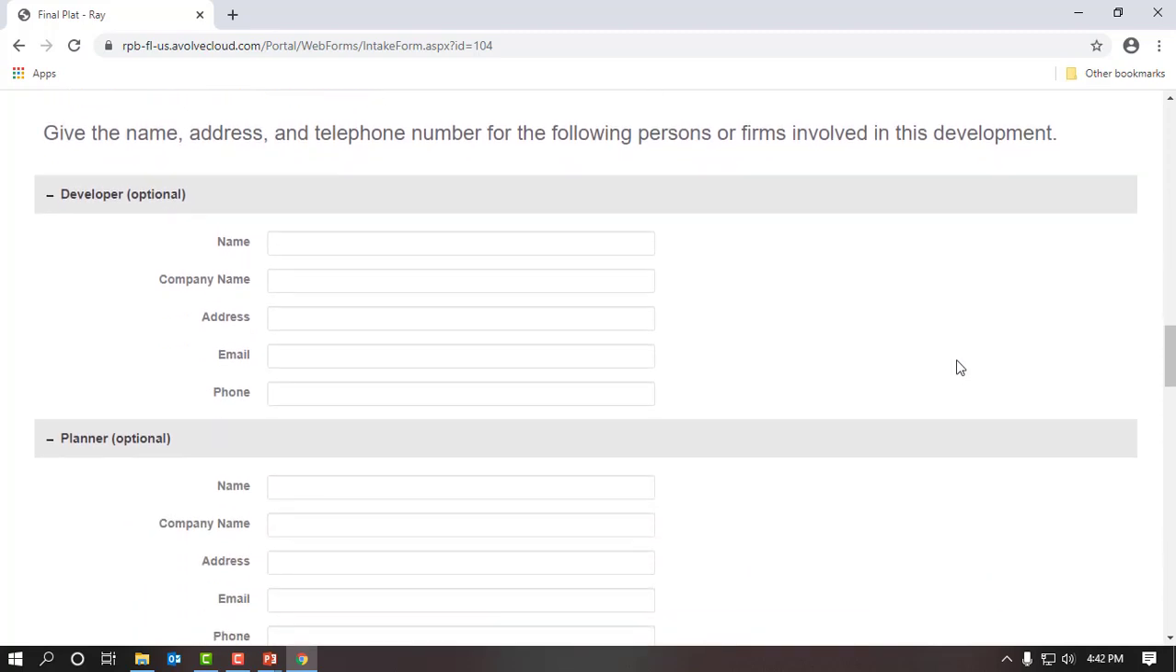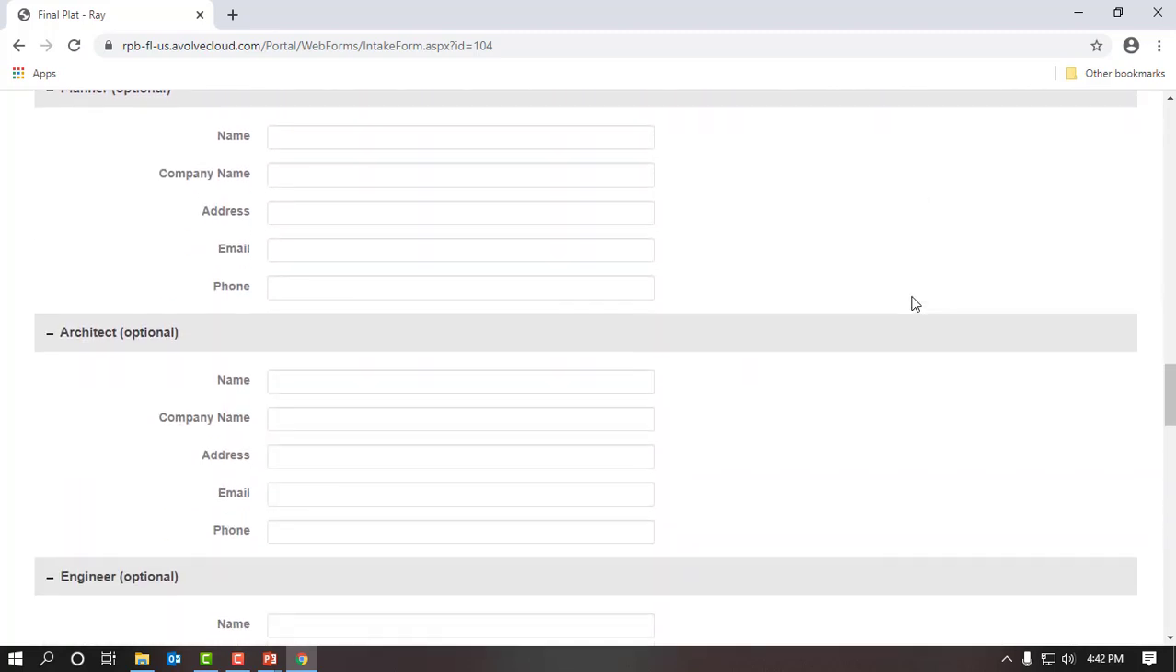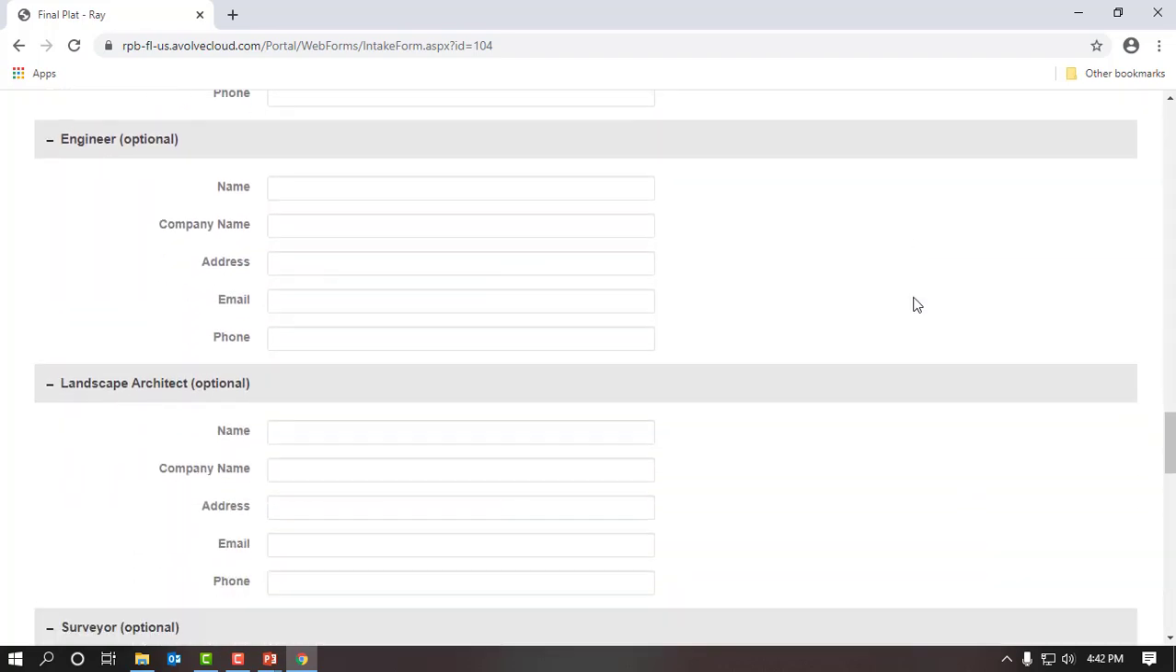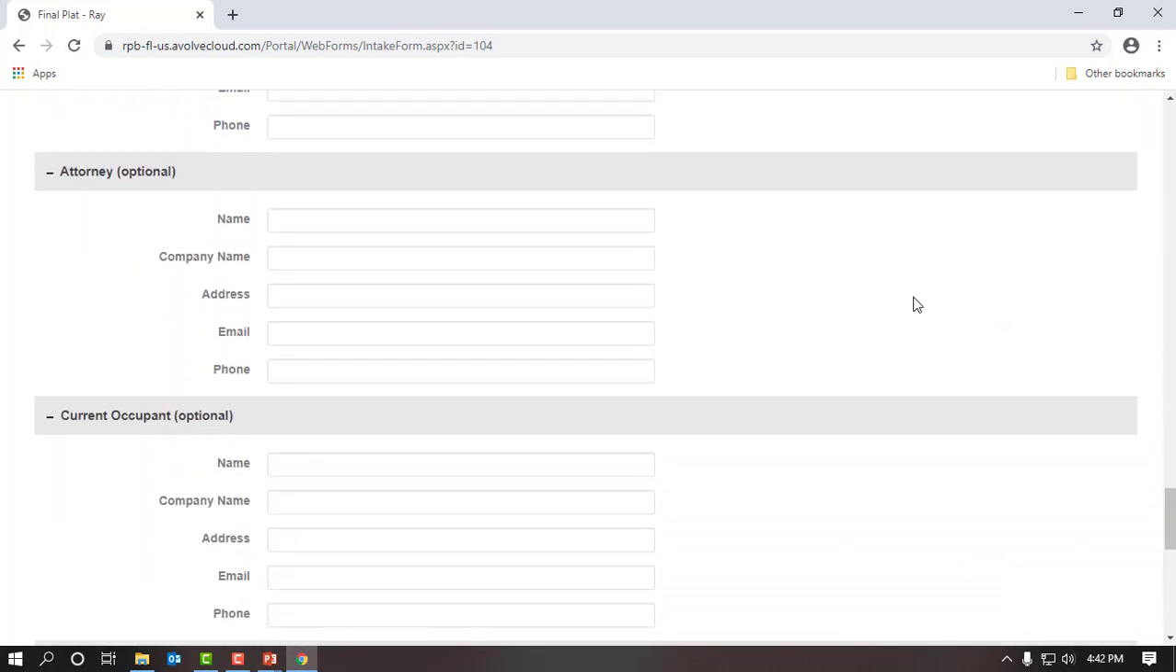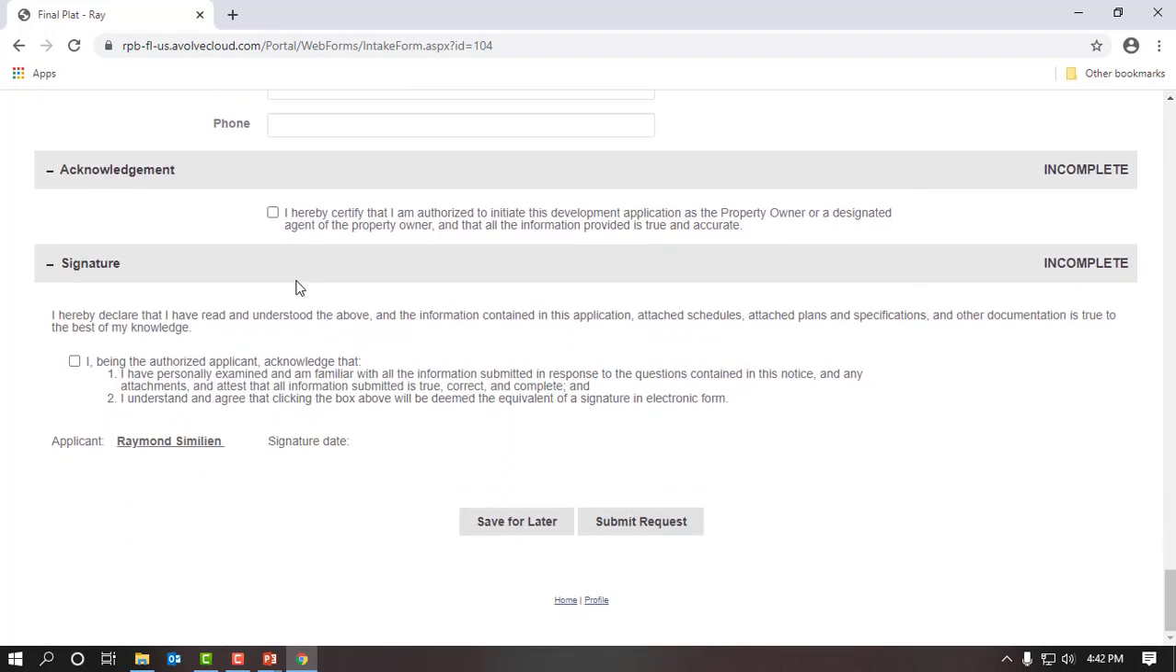If I had a developer or a planner, you can enter this, but it is optional here. It's not required. Architect, engineer, I will just scroll all the way down here. None of this applies to me. I will scroll all the way to the bottom, and there's some acknowledgments I need to complete. Put a check on the acknowledgments, and then there's a signature acknowledgement that will populate my first and last name